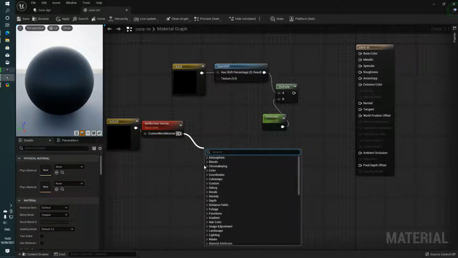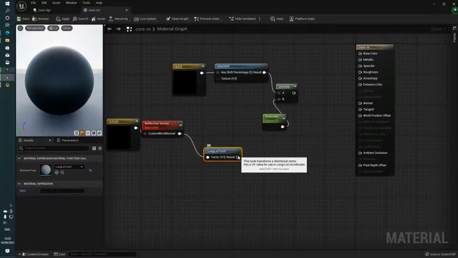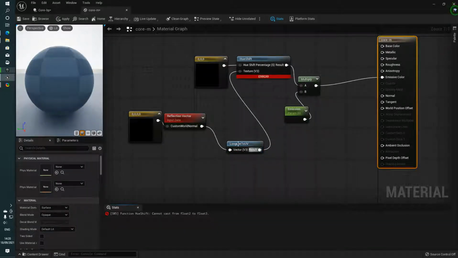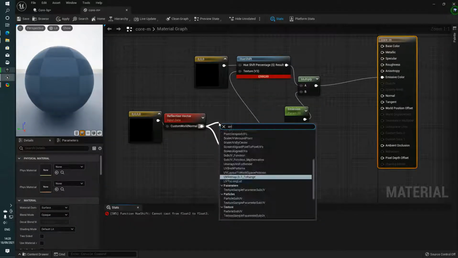Now there's something from here that can be used as a cube map to make it into the 3D. Cube maps interior, okay, long lat to UV. Probably this one, then set it up as a texture, enter it into the emissive, then the other one, UV